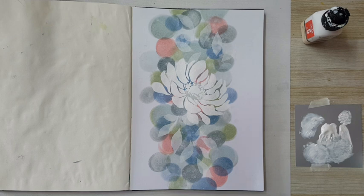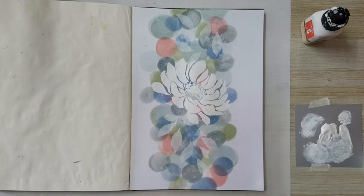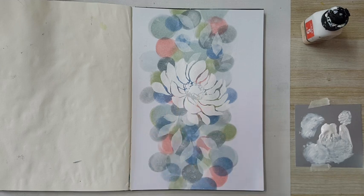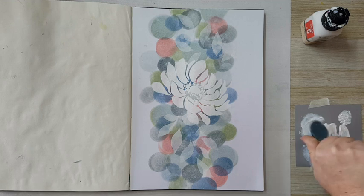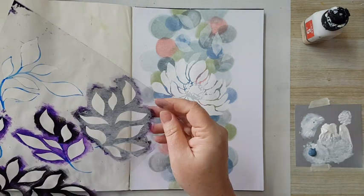I'm back. So I've done 2 coats of gesso layers and 2 layers of white acrylic paint to get this white, and I've done only 1 layer of gesso for the leaves, just so I will see where they are on my page. And now I want to do the leaves before I'm adding details to my flower. I've picked this grayish, bluish acrylic paint, and it doesn't have a name. It's from the cheap store, and I'm just going to take my stencil